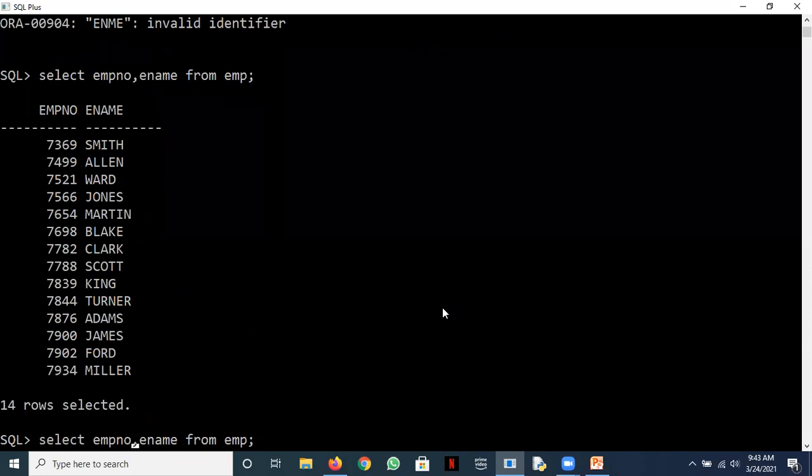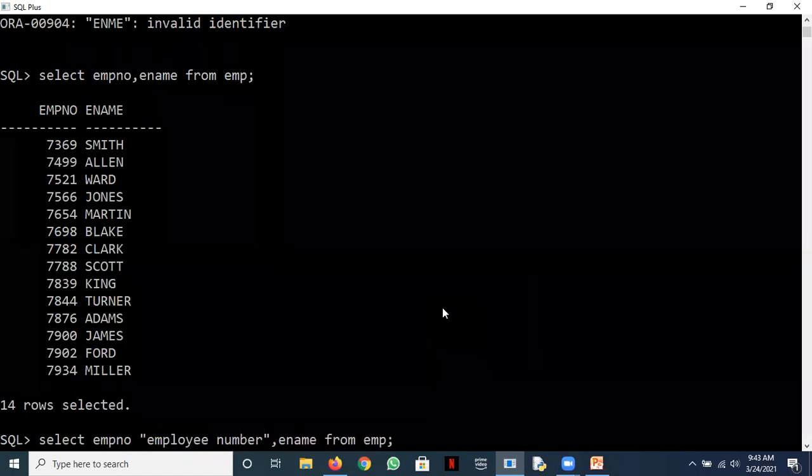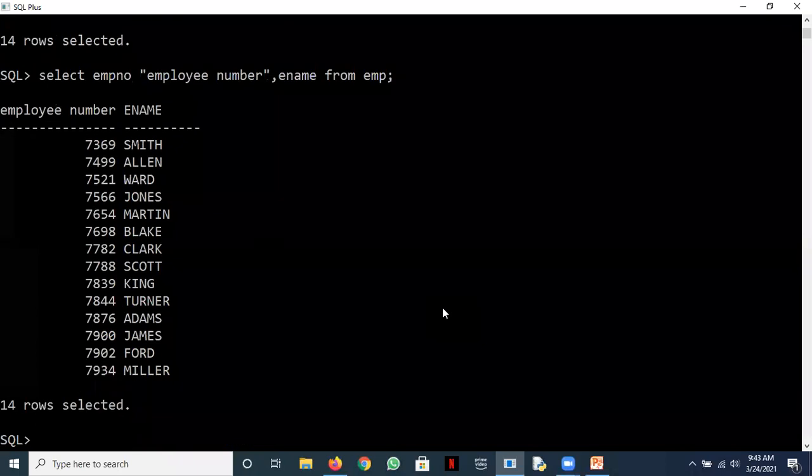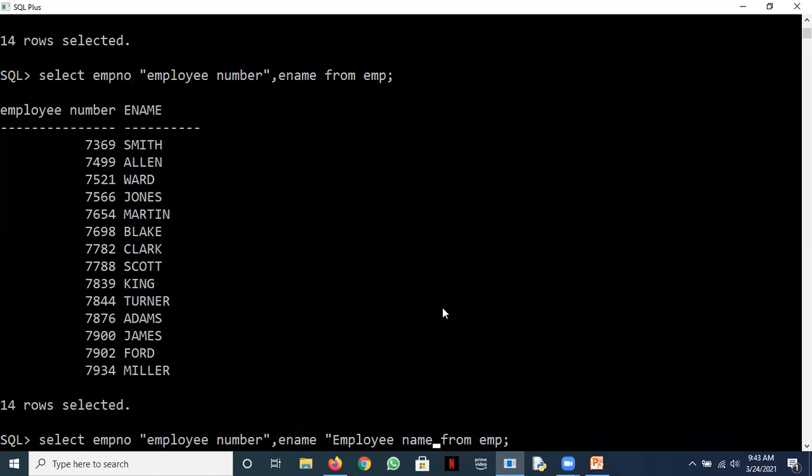Then we can also give aliases to columns, like we can write emp number as, if I do like this, you can see the output now. So you can have a column alias instead of the column name, which is the actual name emp number. You can display it as employee number. Similarly, you can display the ename as employee name.